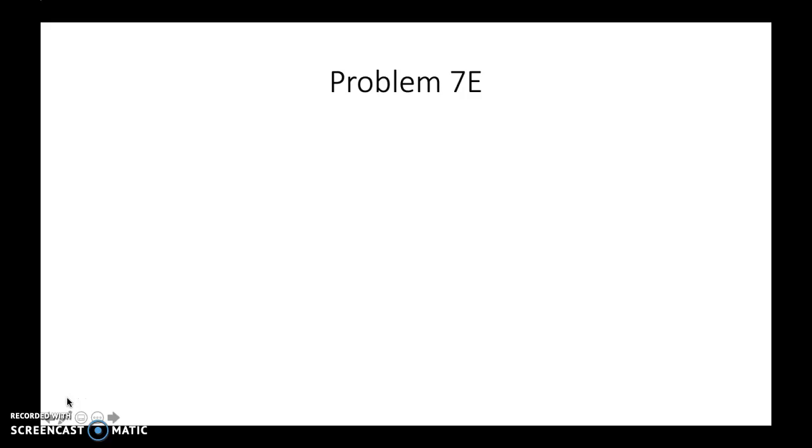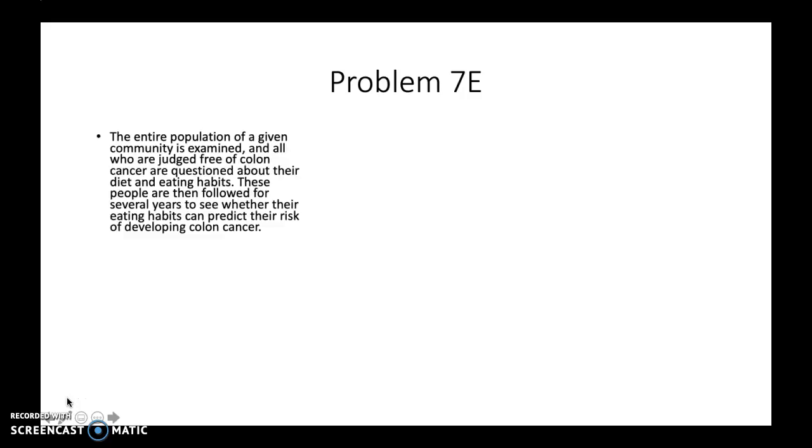The next question we're going to look at is problem 7E. The entire population of a given community is examined, and all who are judged free of colon cancer are questioned about their diet and eating habits. These people are then followed for several years to see whether their eating habits can predict their risk of developing